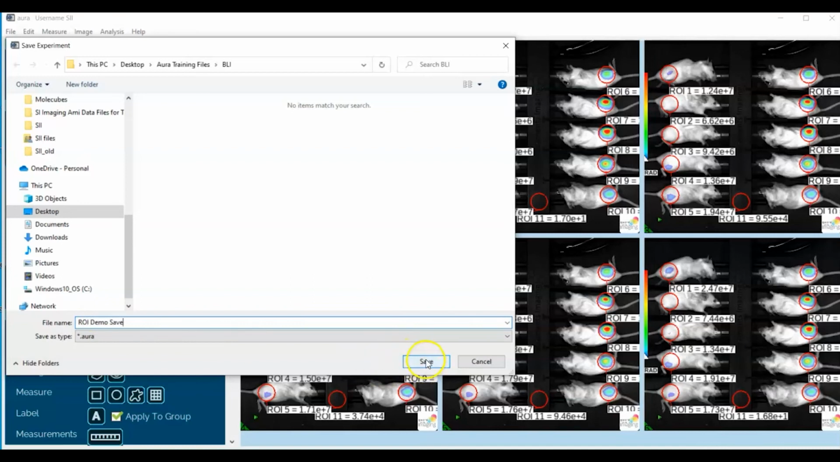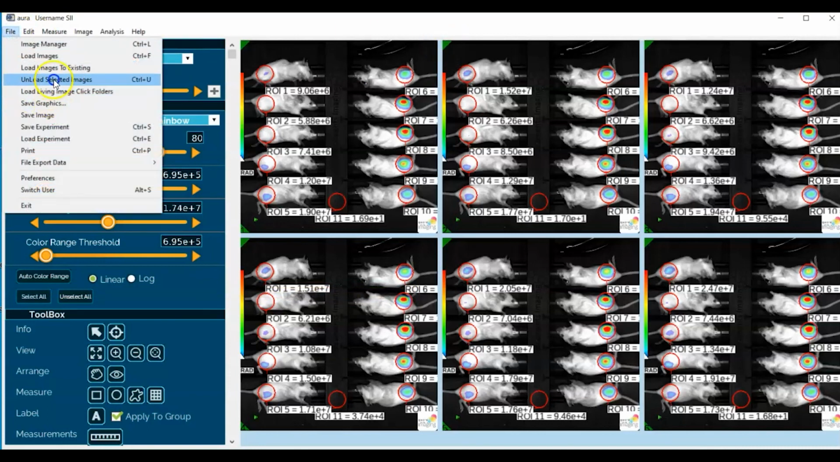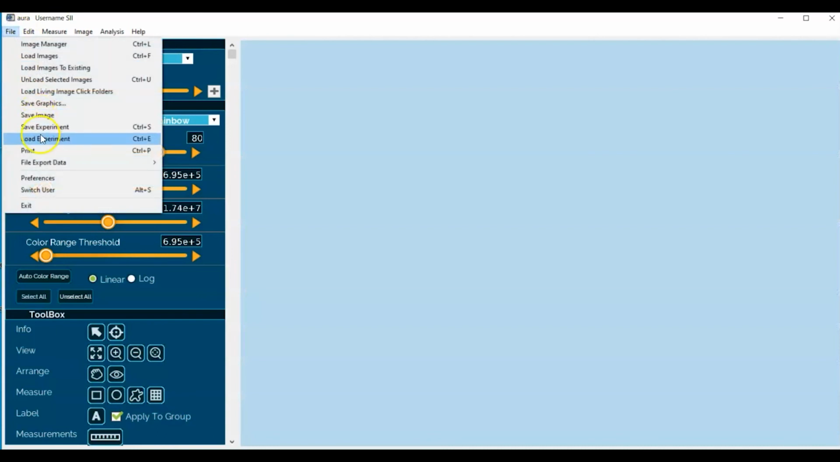we can go ahead and save the ROI analysis, and by way of proof of concept, we can go ahead now and clear the table and bring the images back, specifically bring the .aura Save Experiment files back. So to select all the images for easy clearance, go ahead and click Select All. This will cause all the images to be selected as indicated here by the top left green triangle. You can go to File, Unload Selected, File, Load Experiment,